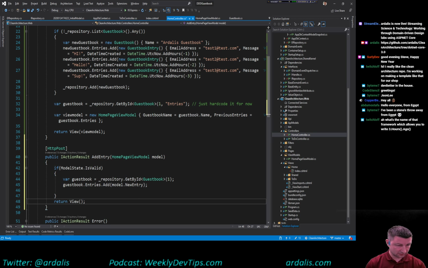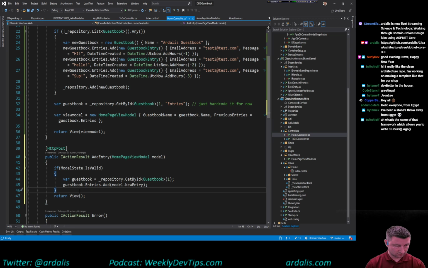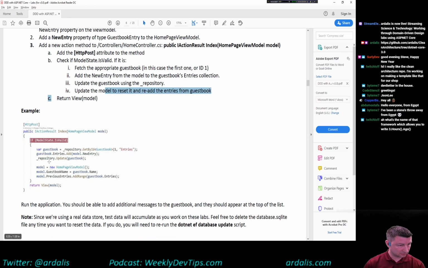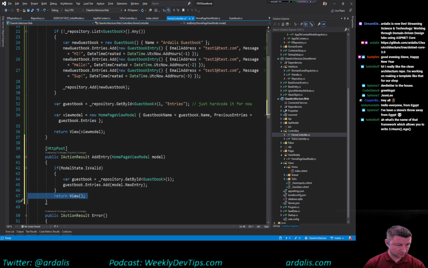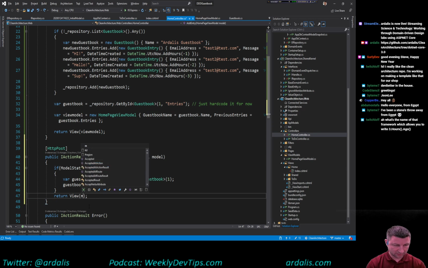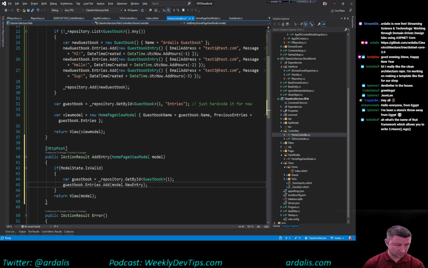Return view either way. Well, it needs a view model. I guess we'll just assume it's always valid. No, that won't work. What does my code look like here that we're going to do? If that, return view model. Yeah, alright, that works. Fine. We're going to update the actual model that they posted to us. I usually would new one up, but